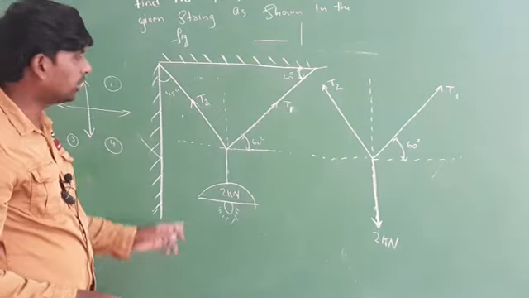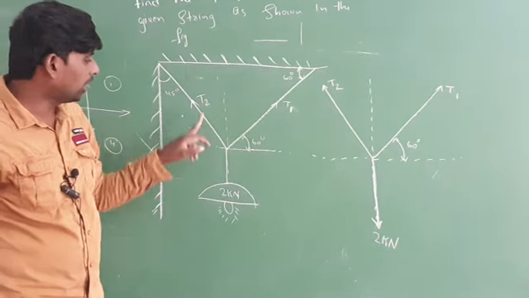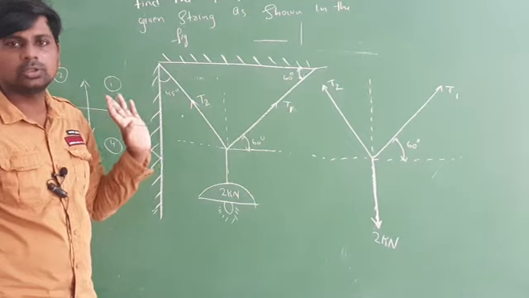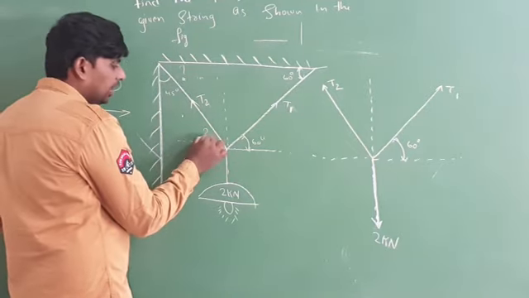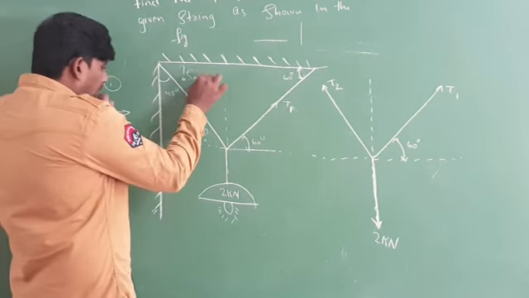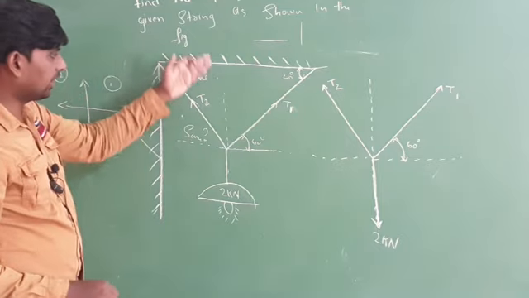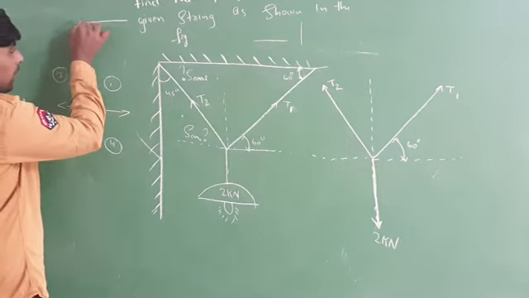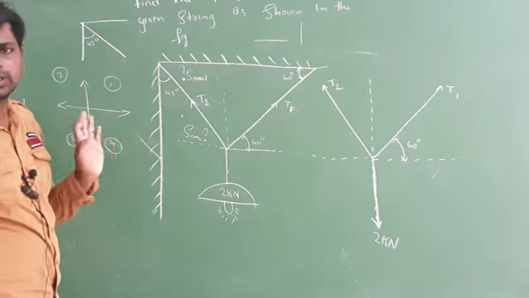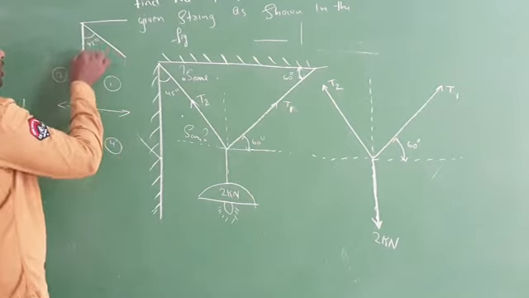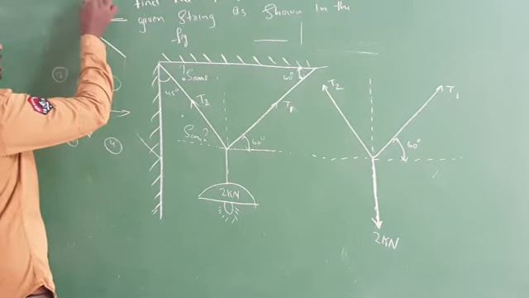Now next thing, see this angle is equal to this angle, but unfortunately here the angle is not given. Suppose here the angle is given as 30, I can take here also 30. Suppose here 40, I can take 40, but here the angle is not given. So first try to find this angle. If you find this angle, automatically you will get this angle, both are same. So I will take this part here. If I take like this, how much angle is this side? 45 degrees. Total from here to here, in any quadrant, how much angle will be there?